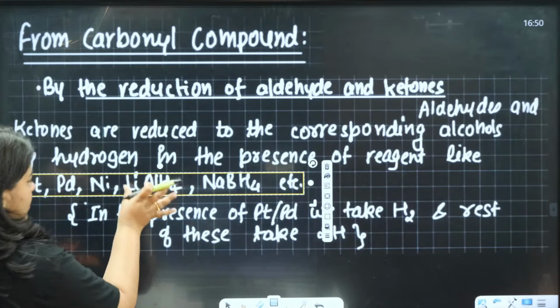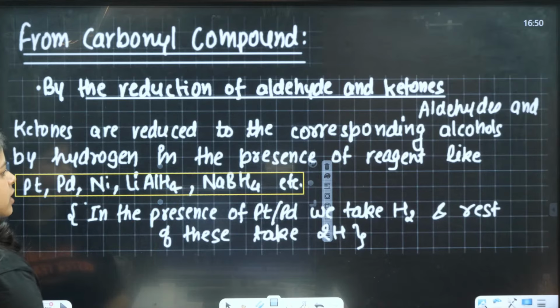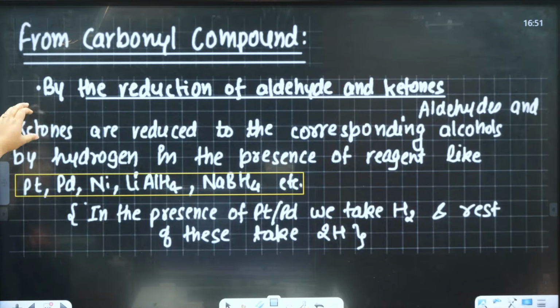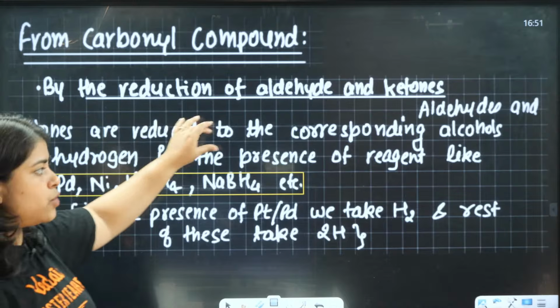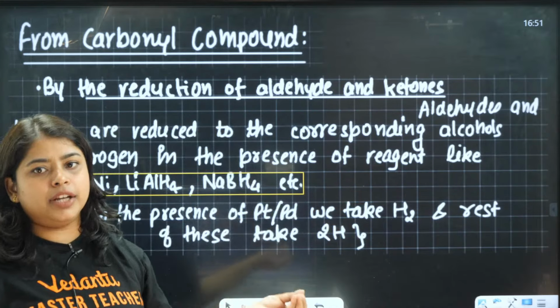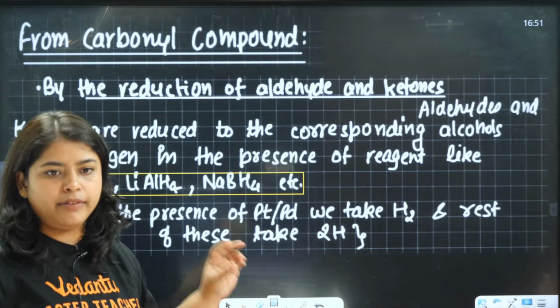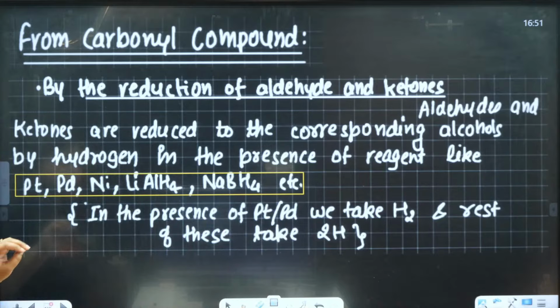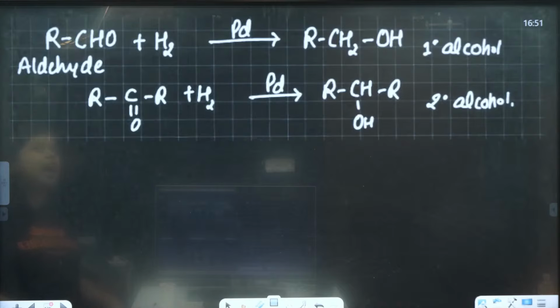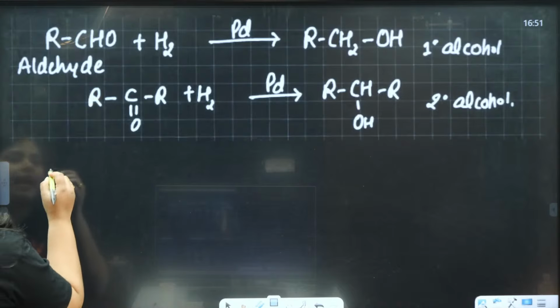So these are the reagents which we are going to use in the presence of aldehydes and ketones. By reducing them, we are going to get the corresponding alcohols from the carbonyl compounds. Clear? In the presence of Pt or Pd, we take H2, which is 2 hydrogen. For example, the aldehyde RCHO which we have taken,